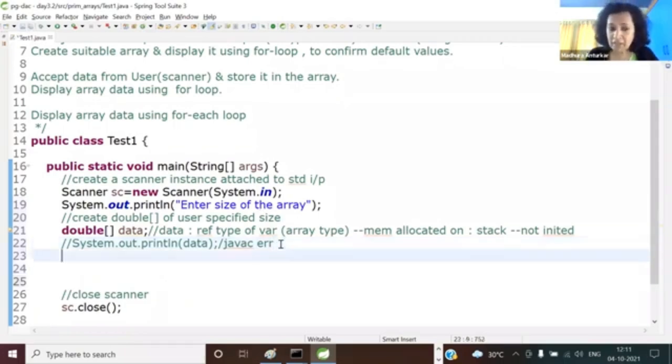So now it is high time that you create an object. So let us write the RHS first. I know you have done it, but you have done it without thinking too deep about it. So new, what is the type of the data you want to store? Double. And the size, not capacity, size is the correct one, is user defined. So sc dot